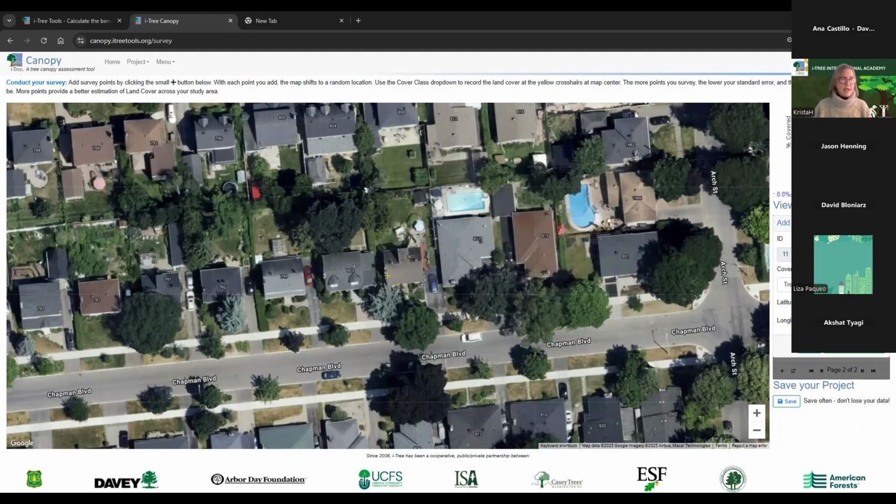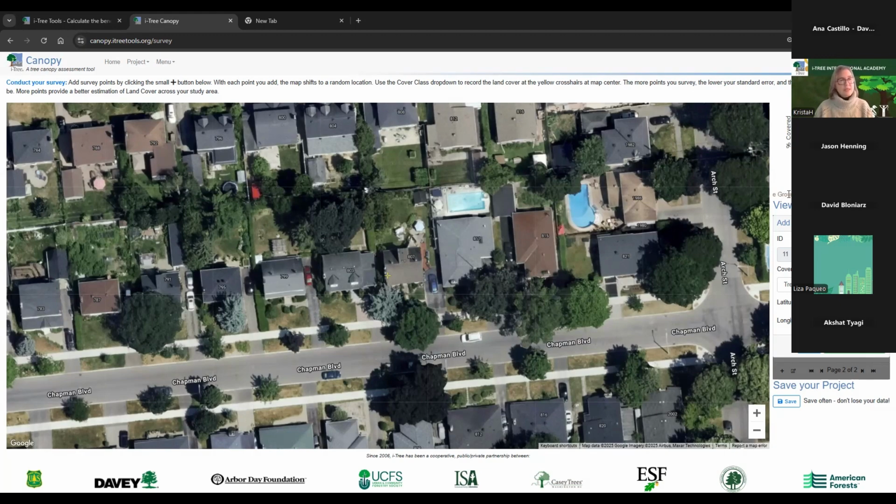We've only done 10 points, right? So a lot of times folks are asking us, how many points do you need? Does it depend on how large my geographic boundary is? And there's not one answer. So we usually try to suggest that folks give themselves time to do at least 300 points. Frequently 300 to 500 points is going to get you a stronger estimate. What we're going to be looking at, and I'll show you these in the report as well, is this: